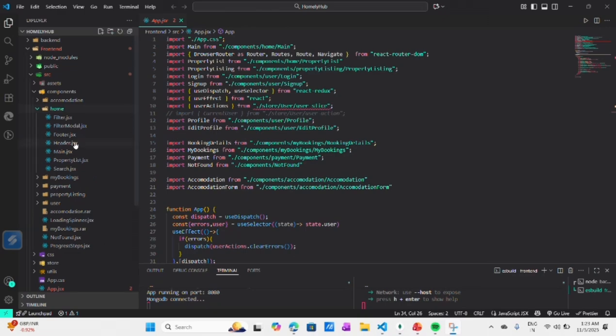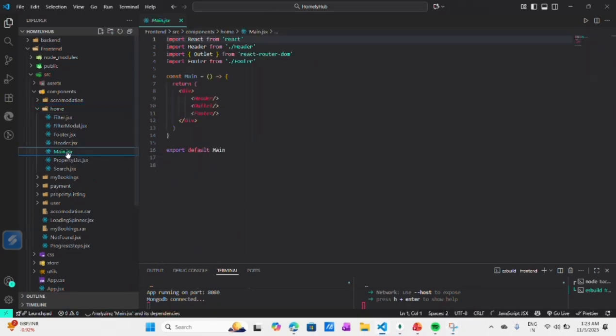Let's move forward to Main.jsx. This is a layout component. It provides a common structure for all pages. It displays the header on top and the footer at the bottom. Between them, it renders the active page using Outlet.